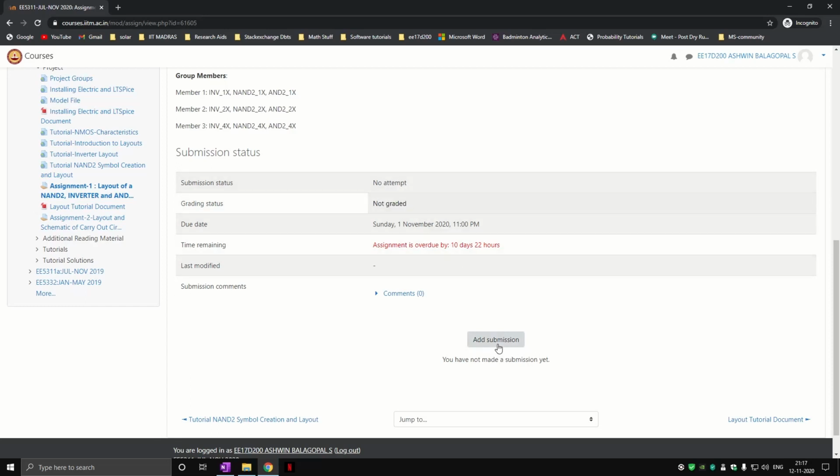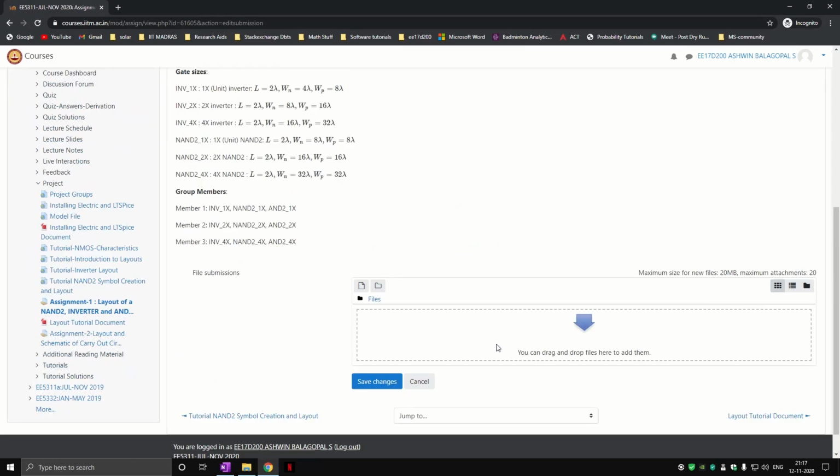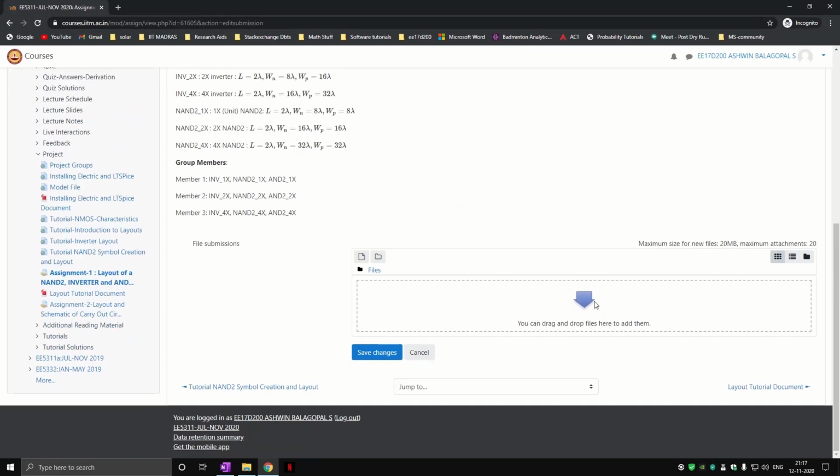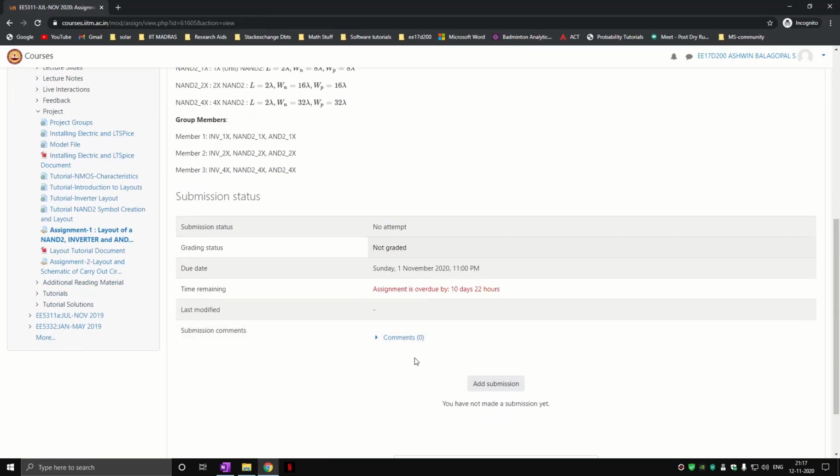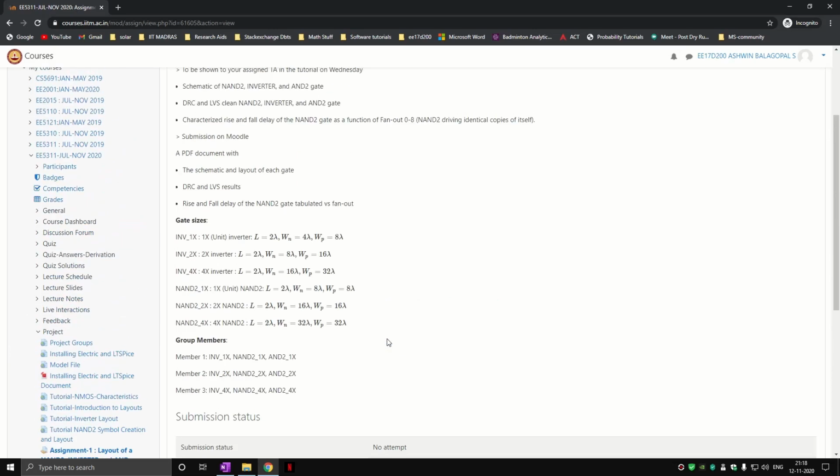The idea is that you have to click on add submission and then drag and drop files as per the assignment requirement and click on save changes. Once you click on save changes, your assignment submission will be put forward. You can of course resubmit and overwrite previous submissions until the assignment deadline. After the assignment deadline, it depends on a course by course basis whether you can resubmit or the submission becomes locked. Typically, after assignments are submitted, the TAs will grade them and provide comments over here, or they grade it once and don't provide comments.